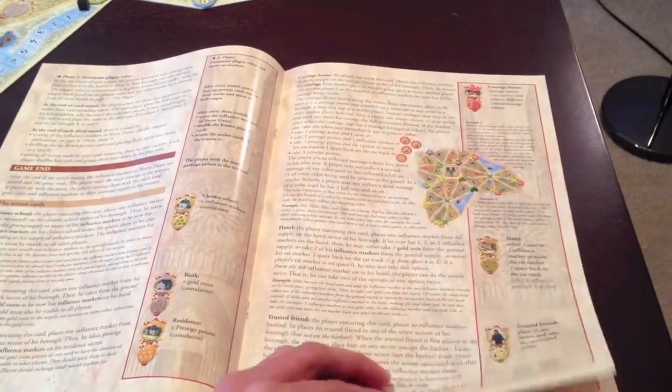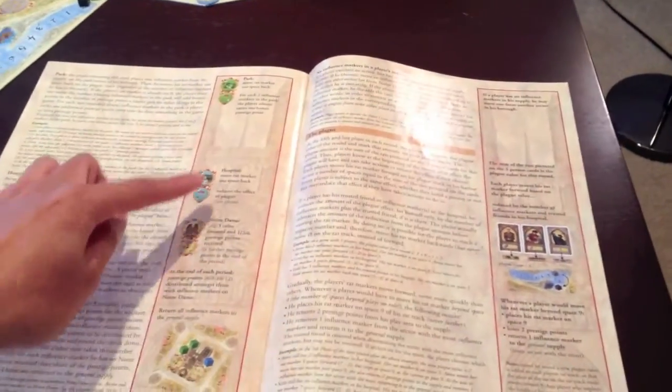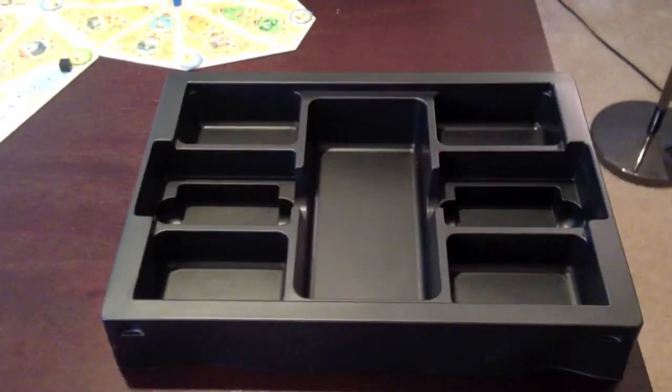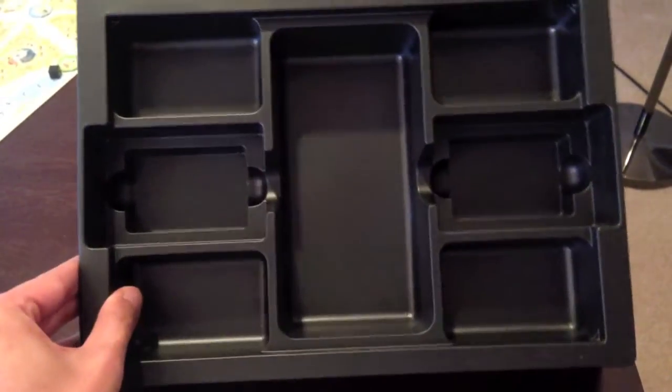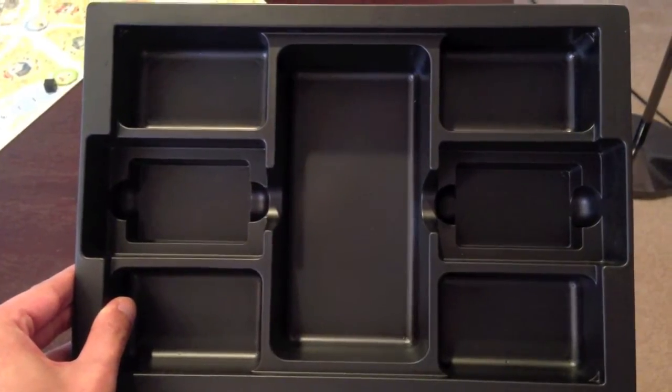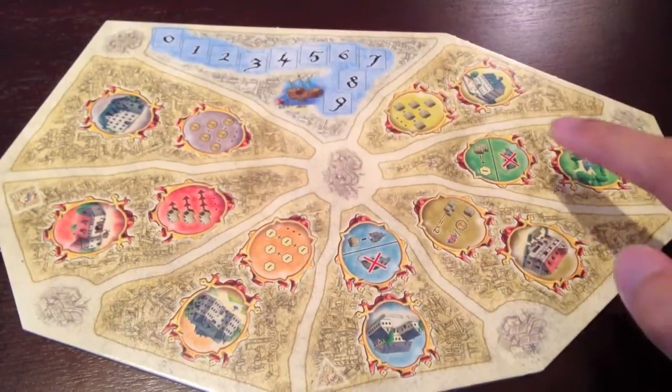The rulebook is fairly straightforward, leaving very little to interpret. There is a column on the side of each page which summarizes everything and helps you remember the main rules when you're returning to play this game after some time. Notre Dame does come with a generic insert that you'll find from some other Rio Grande games of the same size, such as Macau. Each player will get a player board, which represents your borough and the different sectors you